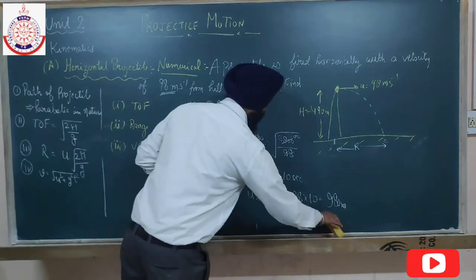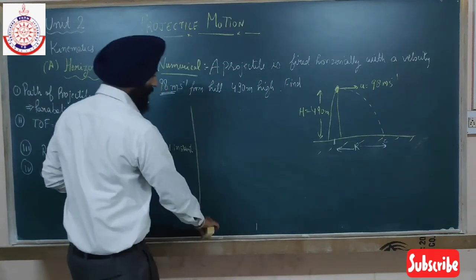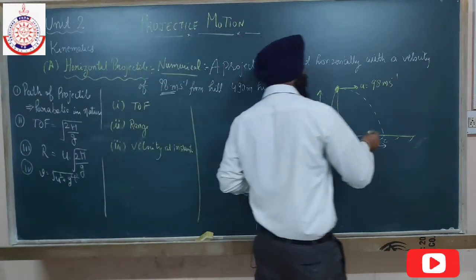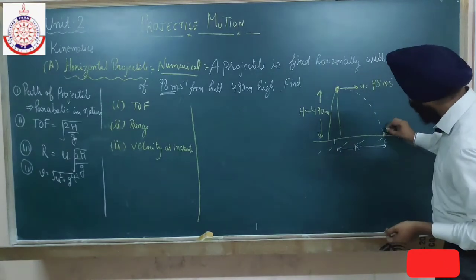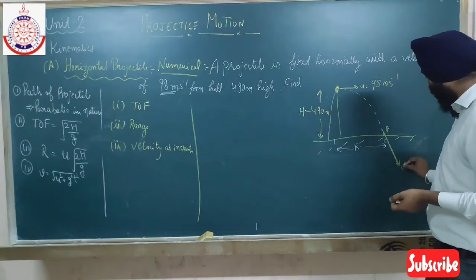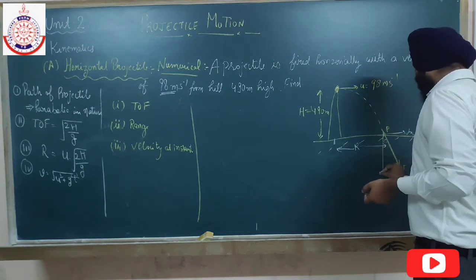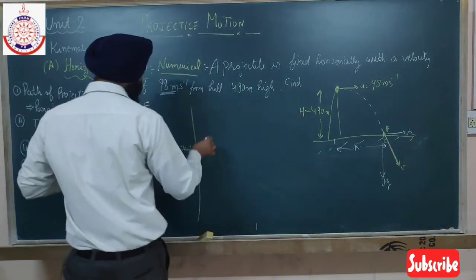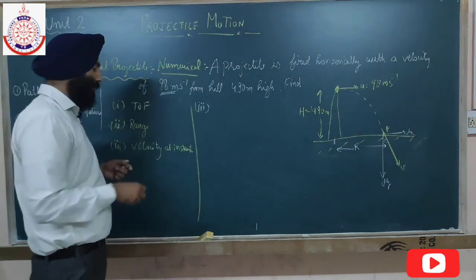Now C part, we have to find out the velocity. We have to find out the instant velocity, velocity at any point. Suppose here I am finding out the velocity at this point, at point P. So before striking, velocity is in this direction v. Of this v we have two components, one along the x-axis vx and one along the y-axis vy. And you know the formula to find out the velocity at any instant or just before striking the ground.